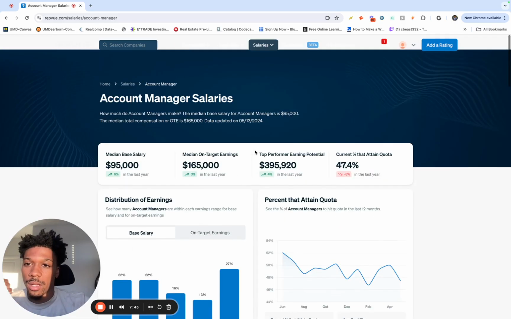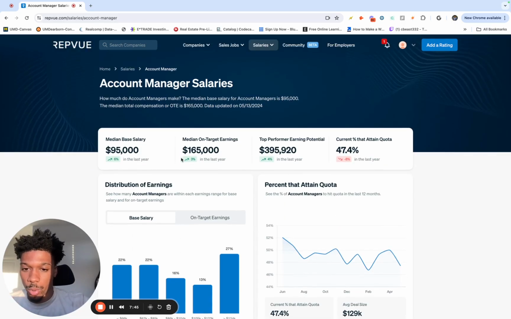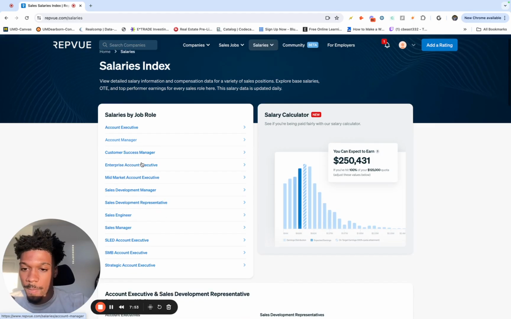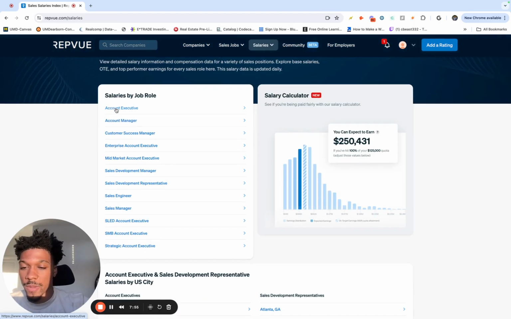So from here, I would do your own research, look into these different roles. First, you find one with a salary that you would be comfortable with making. Then from there, you can look up specific details, literally with a quick Google search or ChatGPT, saying, hey, what are the job duties of an account executive? What are the job duties of an account manager? What are the job duties of a customer success manager? And from there, you can make an informed decision on what role that you want to target in the next